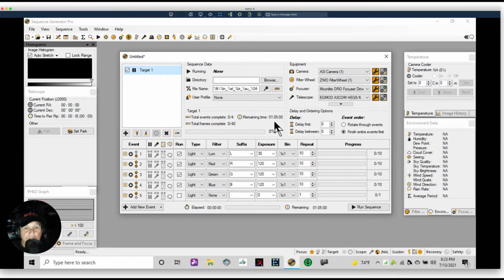That doesn't count the dithering and the time between filter changes, and it doesn't include the time of automatic focusing. So there's more things going on between images that add to the time, but the total amount of actual imaging